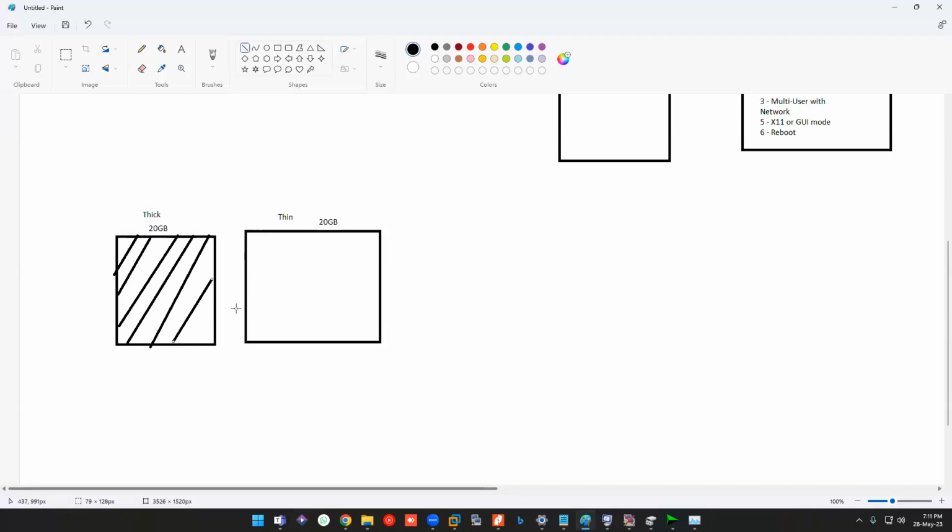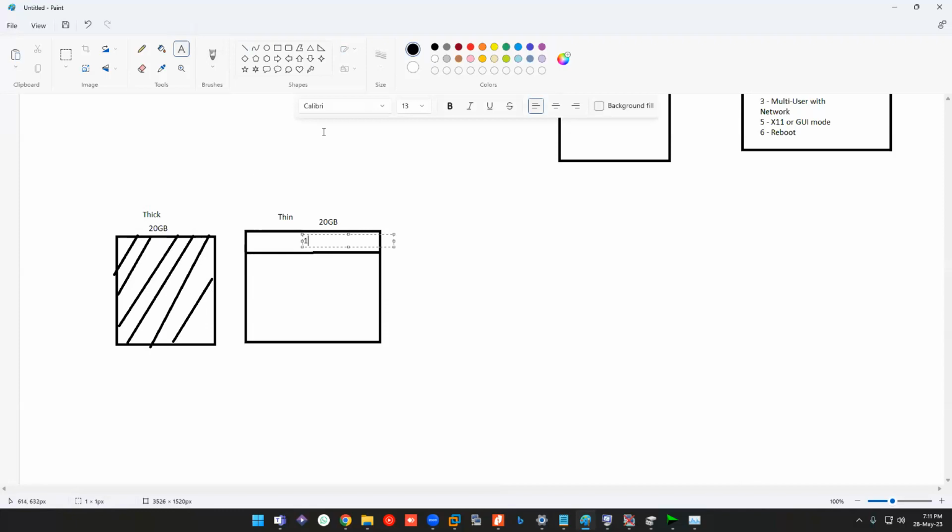Right away it will be allocated in the hard disk. If it is thin, it will be based on your usage. So let's say I'm using only 1 gig for the time being, and next year I'm using 3 gigs. The remaining gigs will be unused here, so it will have less size impact.